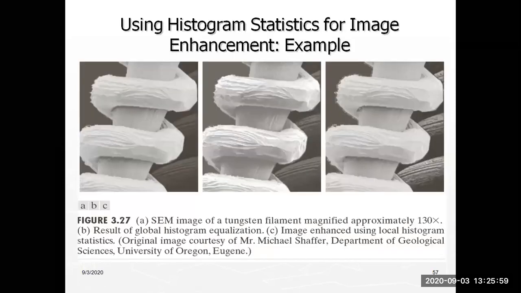With this we have completed our histogram process. Our main topic is intensity transformations and spatial filtering. In that we have completed some different types of transformation functions. After that, the histogram process. In histogram there are four concepts. The first concept is histogram equalization. Next is histogram specification. Third is local histogram, and fourth is histogram statistics. So with this we have finished our histogram process.